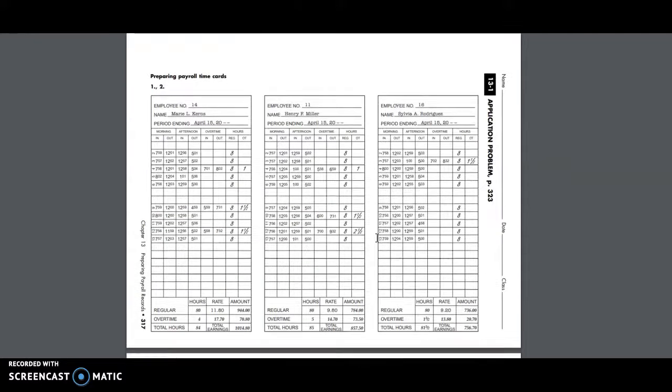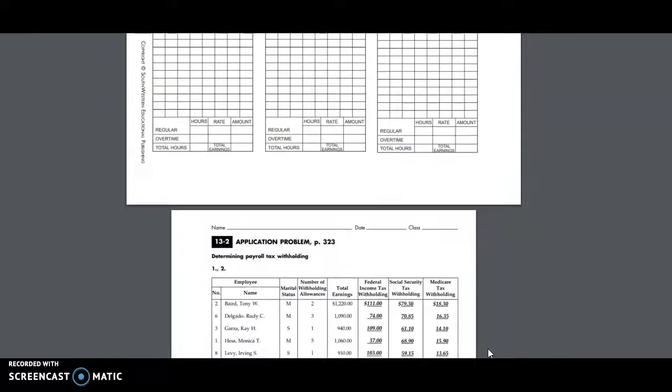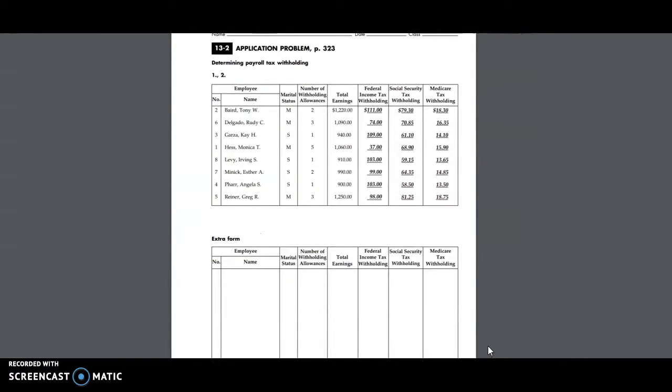Then the application problems. First application problem 13.1, you were to complete these not pay stubs, but time cards. Hours worked, overtime hours, information is at the bottom. For 13.2 application problem, you were to take their total earnings and calculate their federal income tax, Social Security, and Medicare. Again, this column is from page 310 and 311, and these columns are simply done by calculating with your